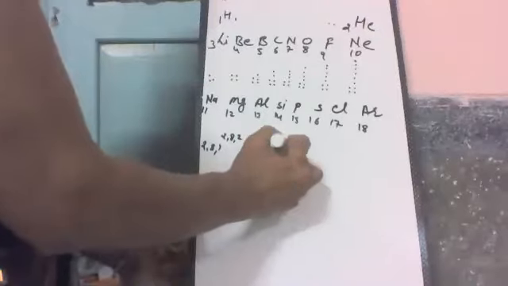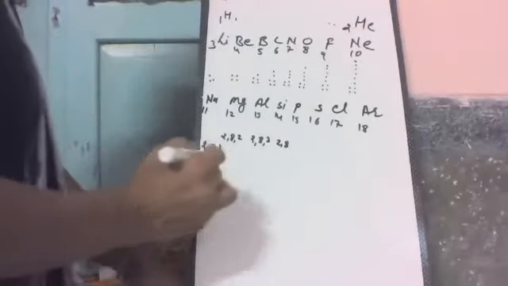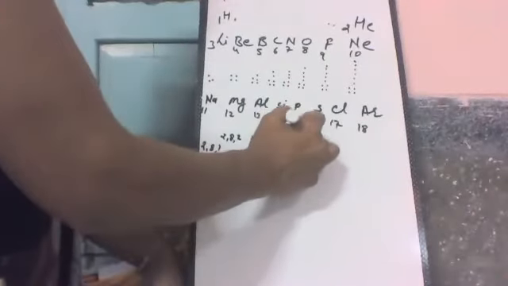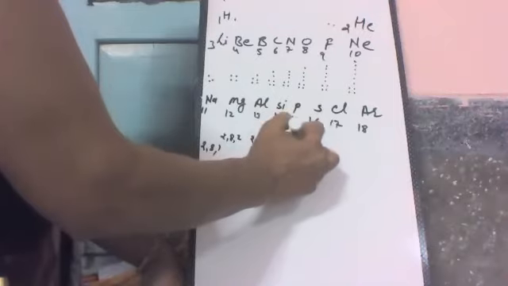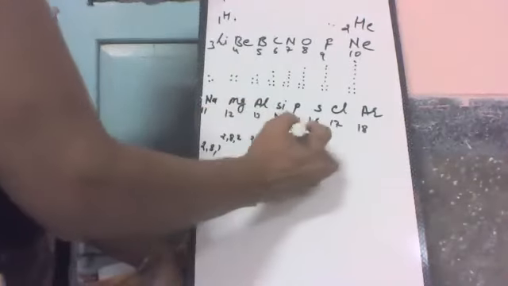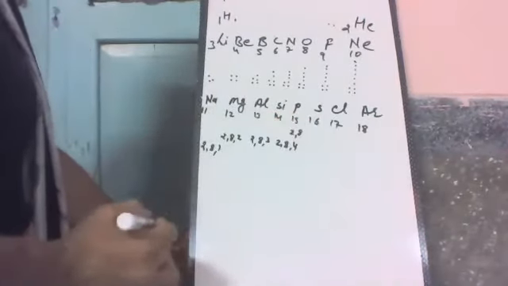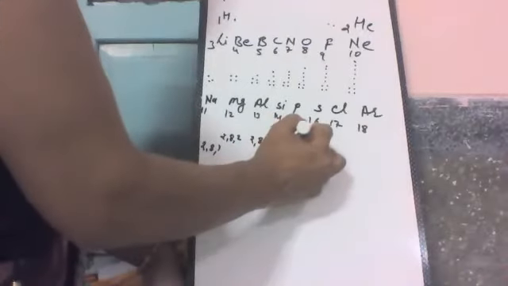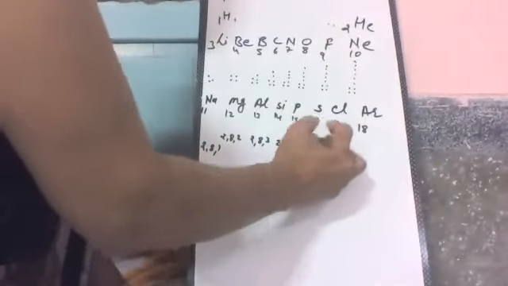Then 14: 2 electrons in the first shell, 8 electrons in the second shell and 4 electrons in the third shell. In the case of phosphorus, the first shell has 2 electrons, the second shell has 8 electrons and the last, third shell has 5 electrons. In this, sulfur,